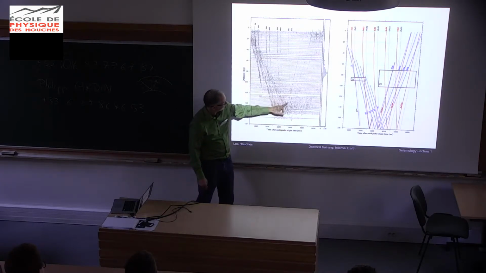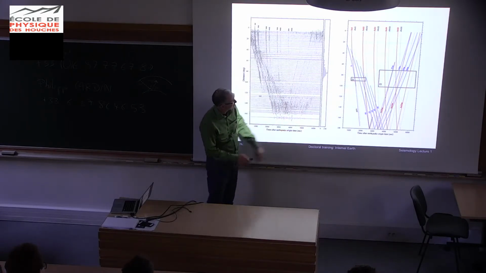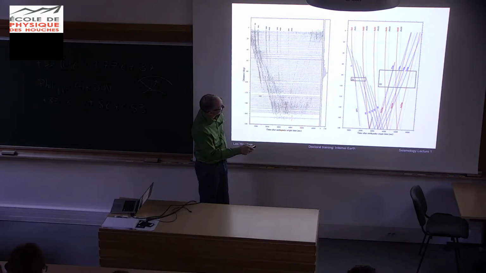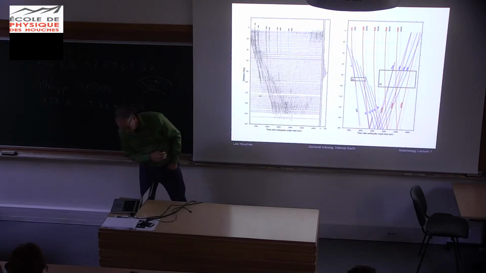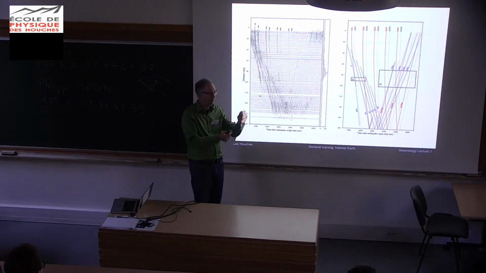So all of this energy is getting here, and so these wiggles are coherent. Anyway, it's impressive, right? These are things that went the long way around the planet. This is like an S wave that has bounced, 6 legs of an S wave going from Tonga the long way around the planet. Boom, boom, boom, boom, boom.